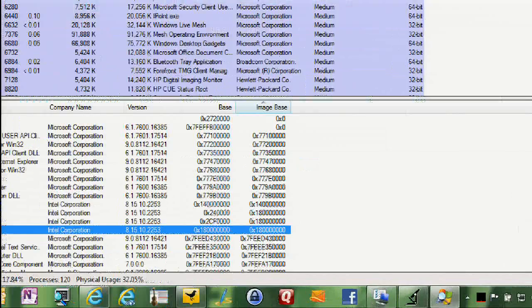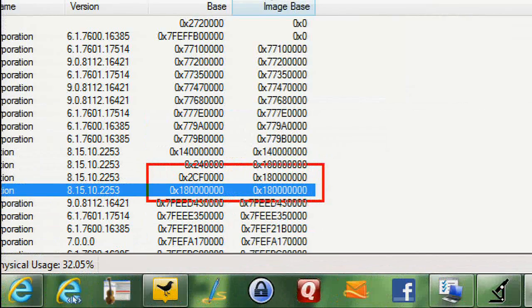All right. So here's one example of that. It took me a minute to find. Apologies for that. The image said, I'd like my DLL to start here in memory. Then the next one came along and said, I'd like to start here too. Well, only one of them is going to get it. That guy got it. So the other one had to be moved. And that happens rather a lot because most people don't rebase their DLLs to make sure that they have this